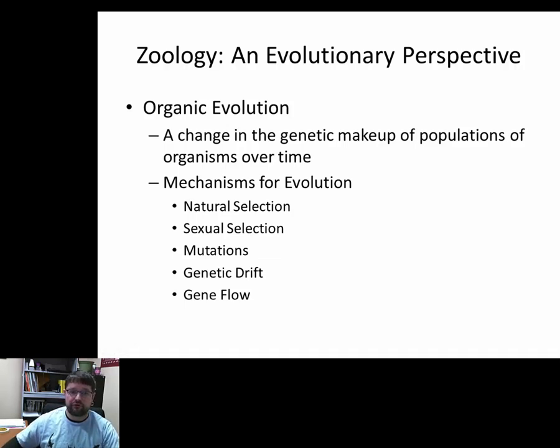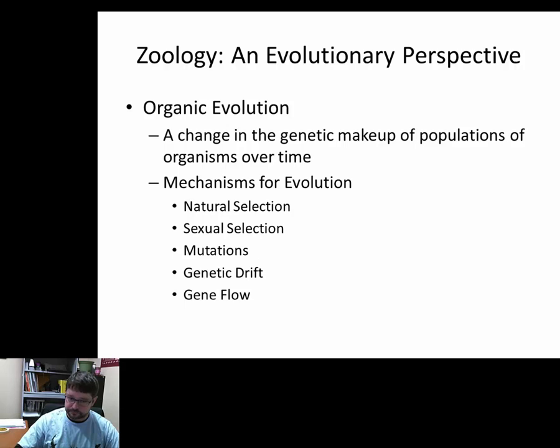Okay? Other ways at which you can change genetic makeup over time. You can have mutations. These are at random, okay? Random changes in the genetic code. Okay? That can alter a population's genetics over time. Genetic drift. You can have very small populations that can have large swings just by chance. Okay? A lot of recessive individuals survive and reproduce, so your population moves from being equally represented genetically between dominant and recessive to most individuals are recessive. Or another switch to most individuals are dominant. Okay? And it can switch back and forth if the population is small.